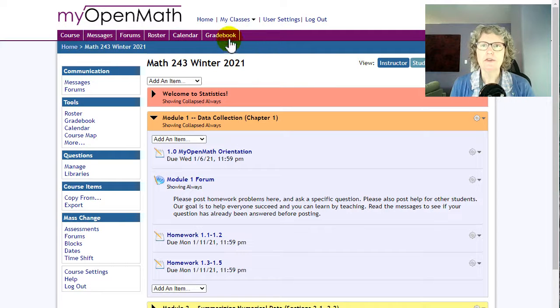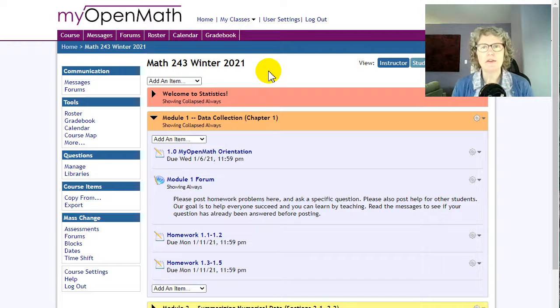And then in Gradebook, you will see a list of all of the assignments, and you can check there to see that you've completed everything. I can't click on it because it'll show you all the students. I don't have a student view for this one, but try clicking on it and you'll see all the assignments, and you'll see a bunch of blanks to start with, but then as we go along, you'll see 100%, 100%, 100%, 100%. And then at the bottom, you'll see your overall percentage.